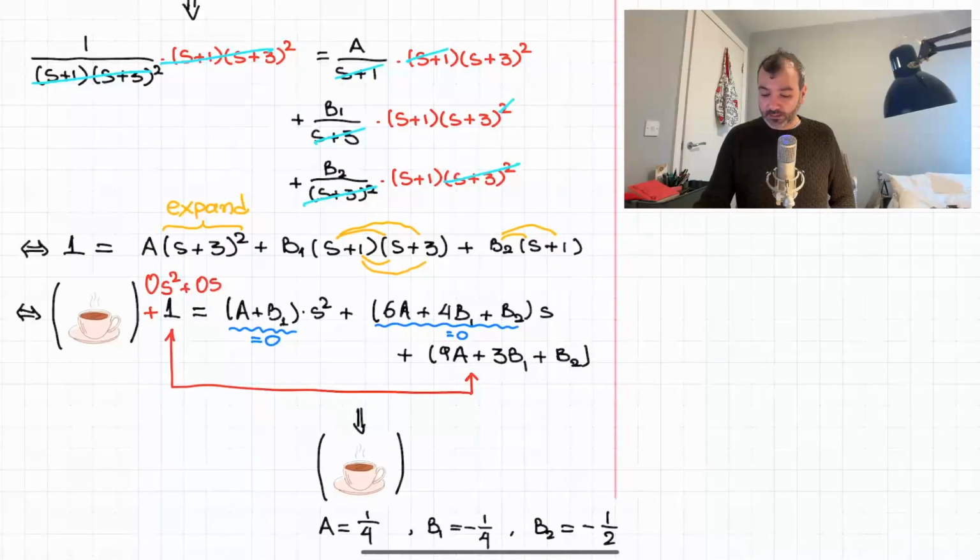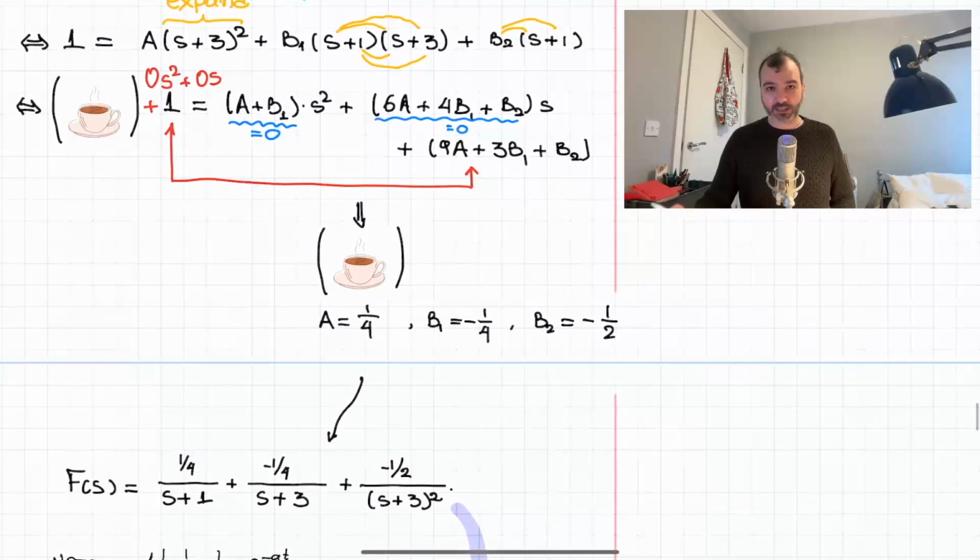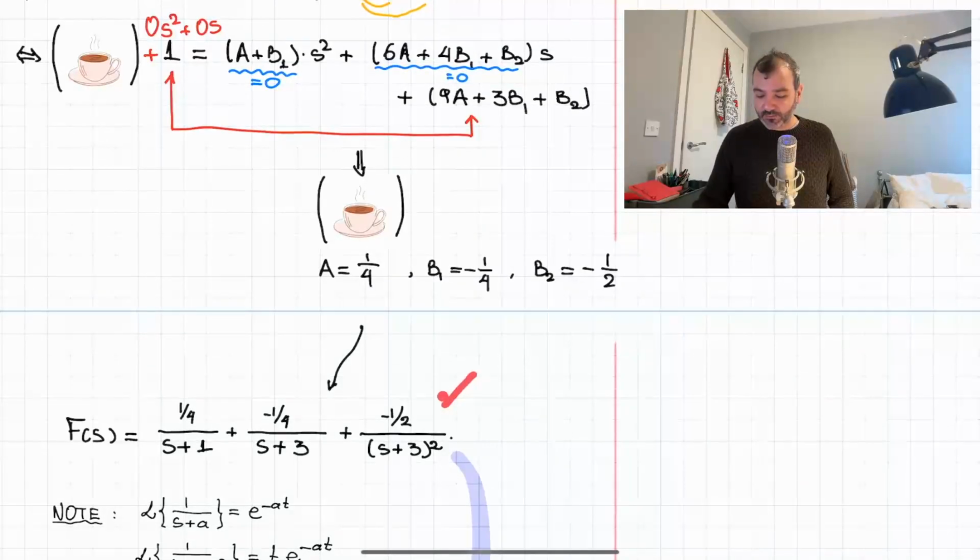So this means that a plus b1 is 0. And this coefficient, 6a plus 4b1 plus b2, is also 0. So this is equal to this. And the constant term is equal to 1. So we work as we worked before. We formulate a linear system, the unknowns being a, b1, and b2, and we determine the values of a, b1, and b2. Then we plug in the values into the partial fractions expansion, and we have this term, which is